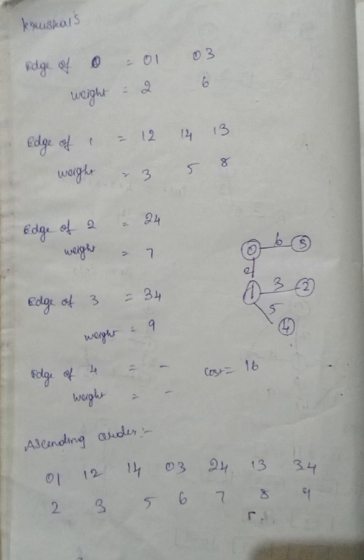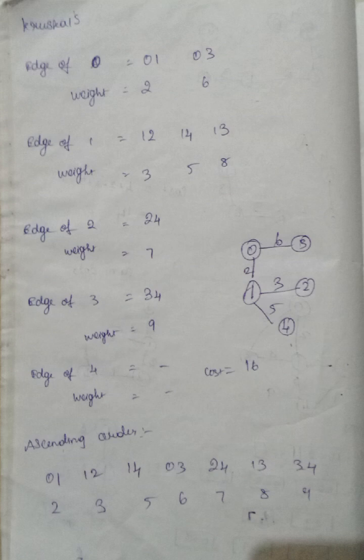Draw 0 to 1 where the weight is 2, and 1, 2: draw 2 and connect it with 1 where the weight is 3, and 1, 4 where the weight is 5, draw 4 and connect it with 1 with weight 5, and 0, 3 where the weight is 6, draw 3 and connect it with 0 with weight 6,